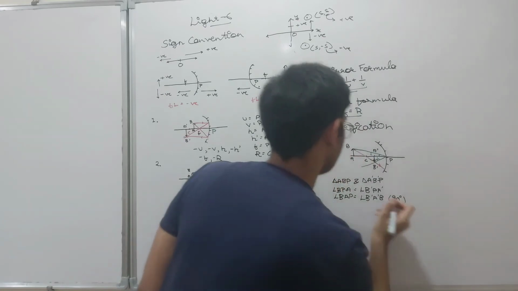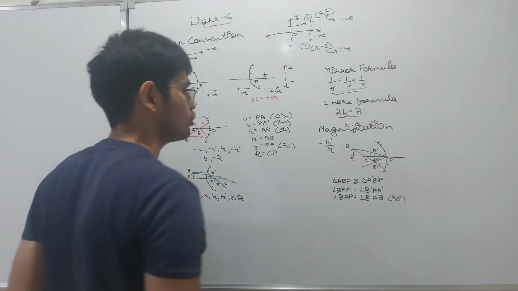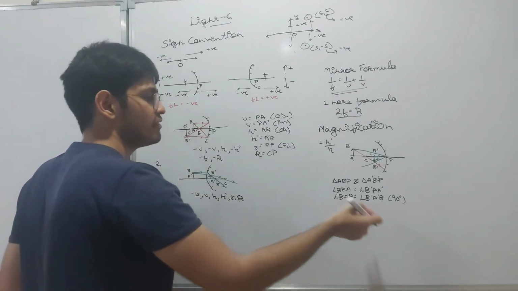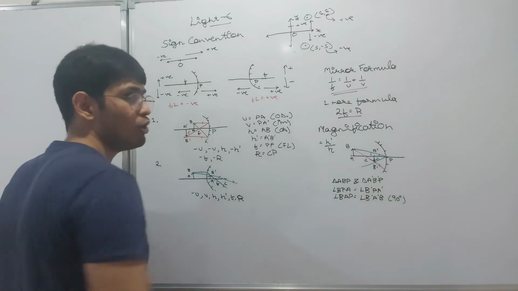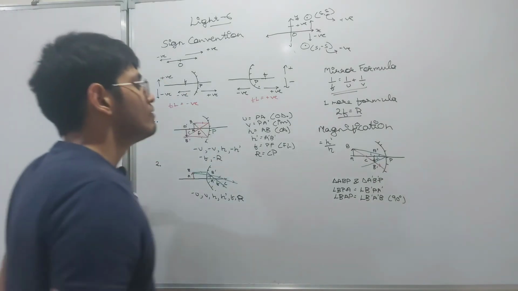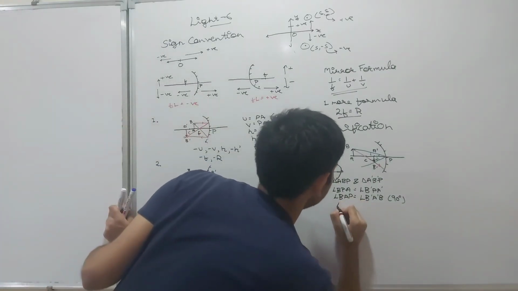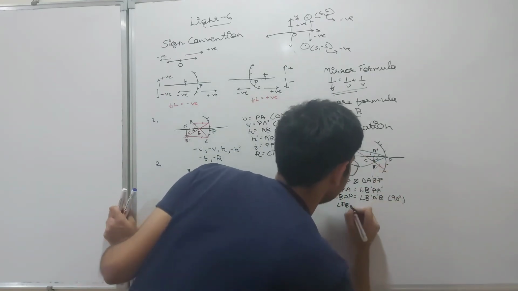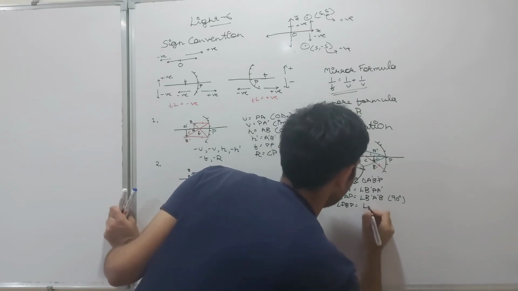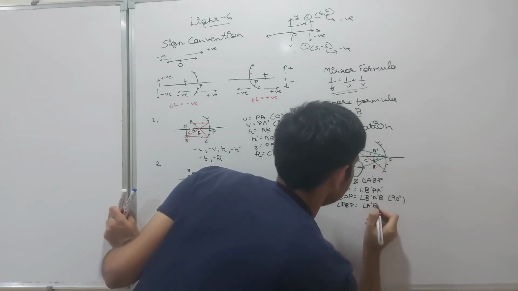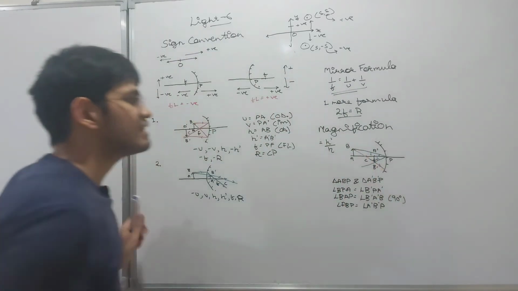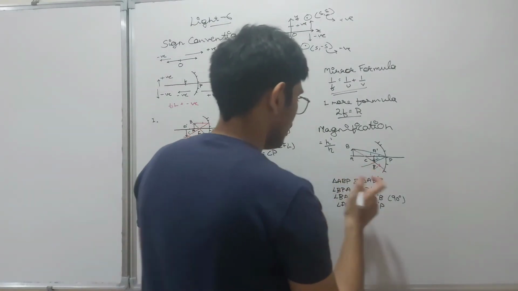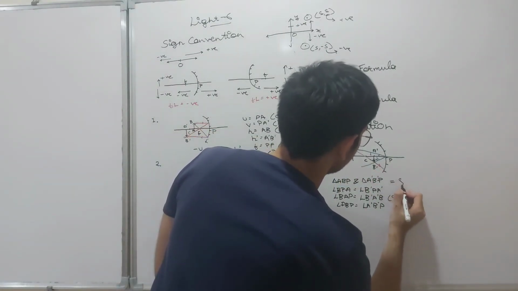Now, because these two angles are equal, the third angle is also going to be equal. Why? Because the third angle will be 180 minus this one minus this one, and here also 180 minus this one minus this one. Both are equal, so the third angle, angle ABP, is equal to angle A dash B dash P. This means these two triangles are similar triangles.